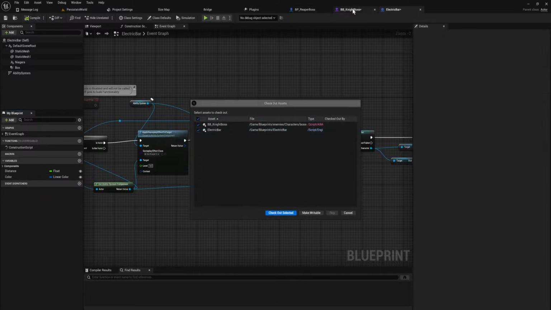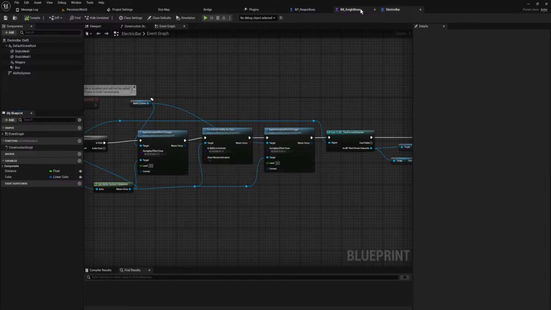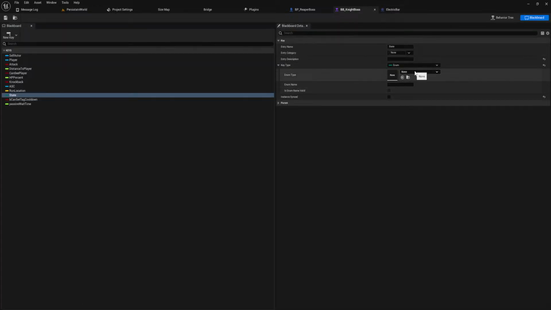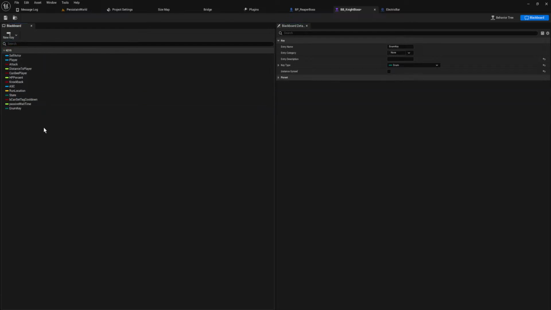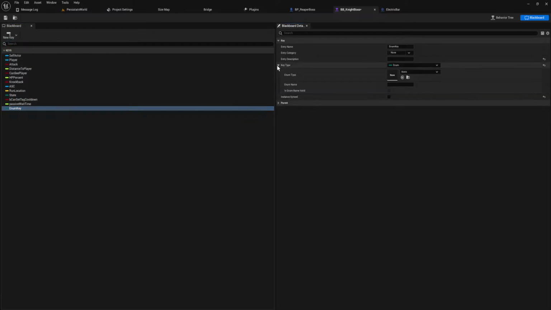Then can the night boss thing not find it? I am so done with everything. This is stupid. Legitimately, I don't know. I'm just gonna make a new key. Enum key.